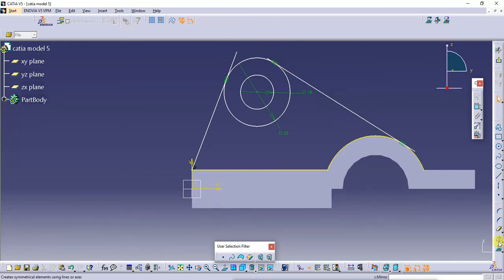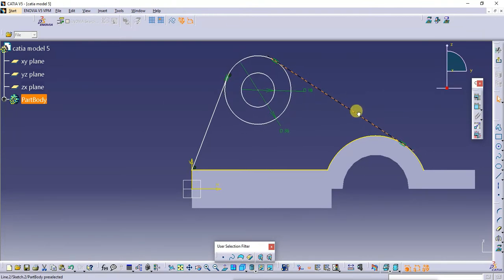Next, I'll trim the extra portion here. I'll zoom this.